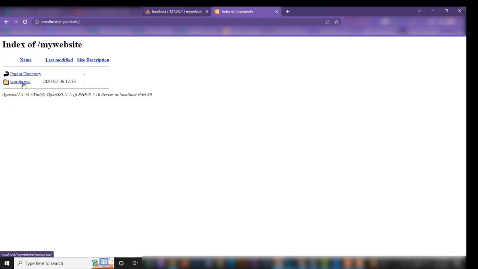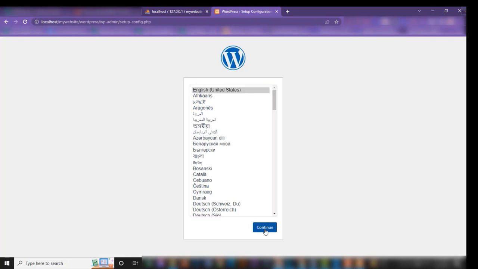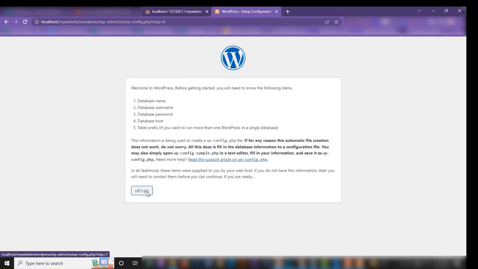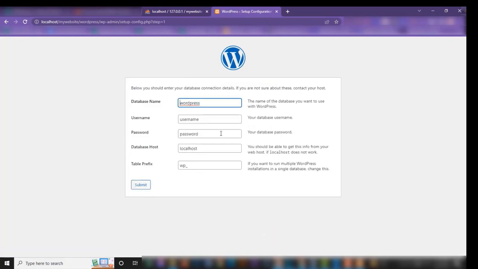Now you will see that WordPress is here. Open the file, choose the language and continue and begin the installation process. In the database name you have to give the name that you have given for the database. So here I am giving my website. The username will be root and the password will be empty, and keep everything unchanged. Okay, now hit the submit button